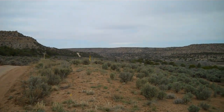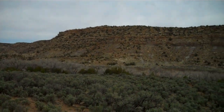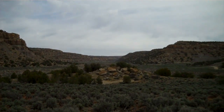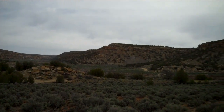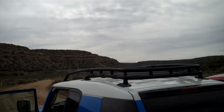The southwest corner of the ranch. We've just entered the leased part of the property, and we're looking down here at the wash and then up to the mesa. We'll be going up this valley right here a little later to take a look at the top of the mesa, and we're going to continue on down to the southeast and then back into the main